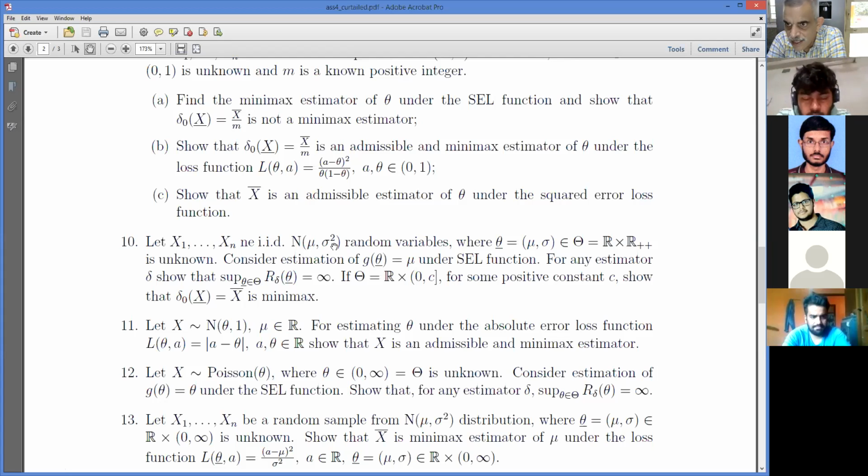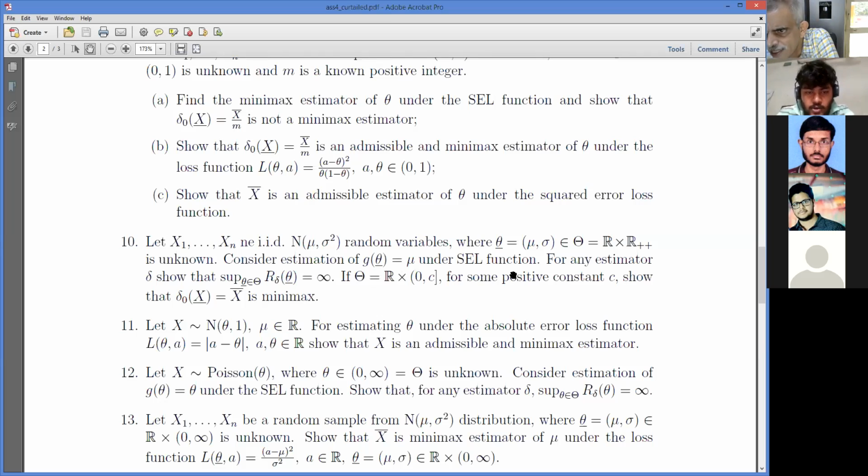Sir, the second part, when the support of our parameter is reduced? That part you may leave for the mid-semester exam. Second part you may leave. That will be in the next lecture. It is easy, but you can forget about it for this lecture because I'll do a small result which will prove this. Is that okay?